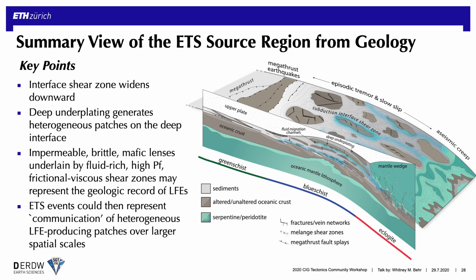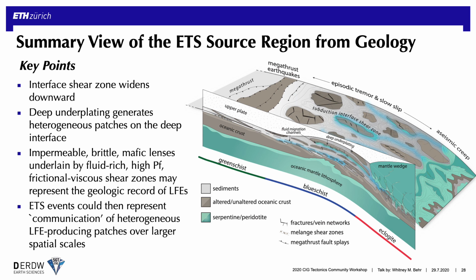So to summarize, this is our view of the ETS source region as based on the geologic record. It shares some similarities and some differences to the summary view that I showed before from geophysics. We envision the subduction megathrust widens downward around the ETS source depth into a distributed frictional viscous shear zone. This is a region of deep underplating where several fragments or slices of the downgoing slab become stranded. These produce heterogeneous patches along the deep interface. The primary source of